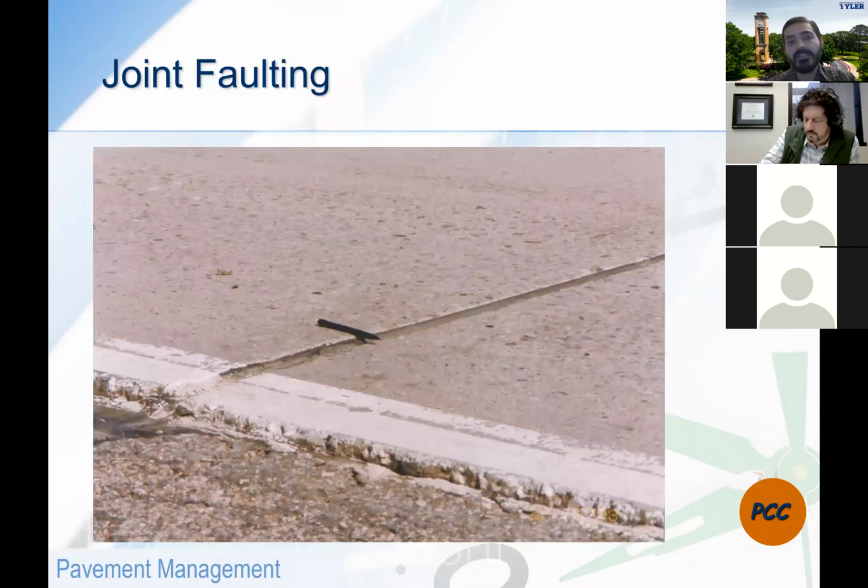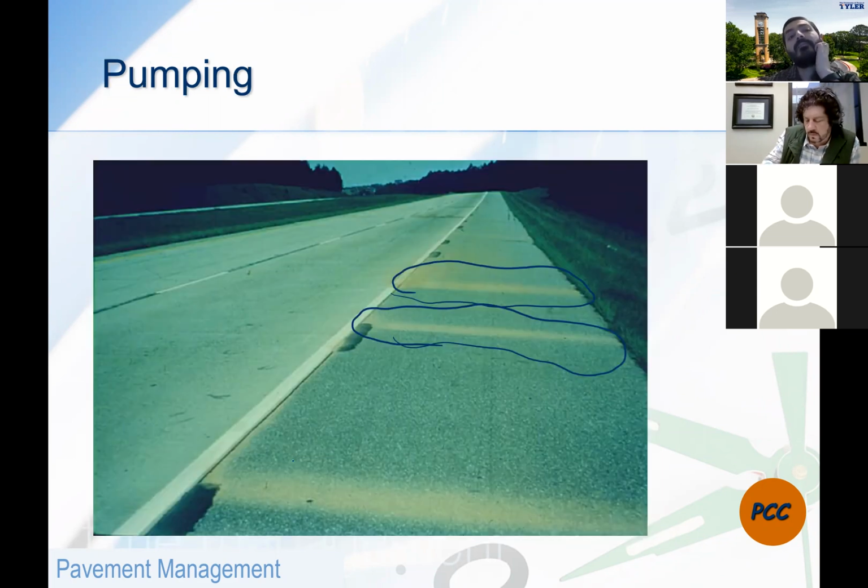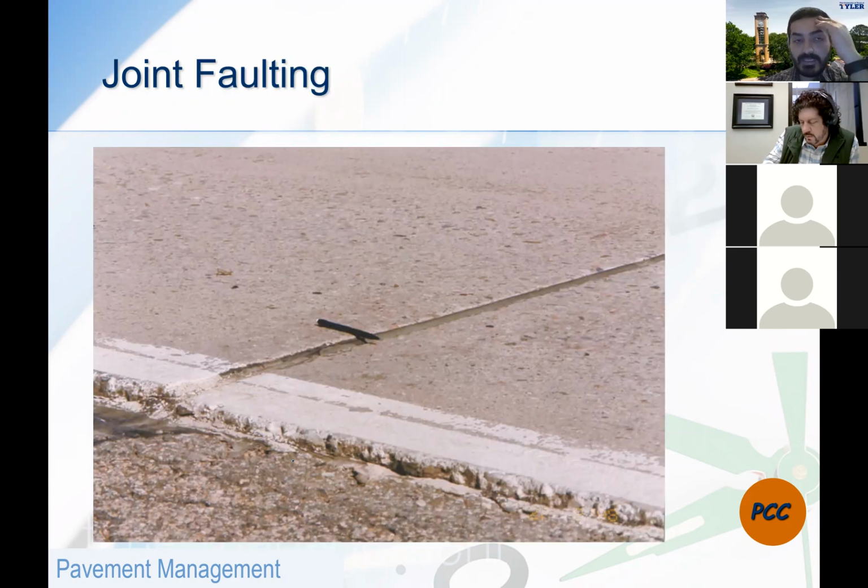Joint faulting. This is also another problem that's related to drainage problem, and it's related to pumping as well. Pumping happens sometimes on the edges or on the shoulder. Joint faulting happens later on, once we start to see more and more fine materials being lost from one slab rather than the other. You're gonna start to see now that the slab that lost a lot of fines underneath it is gonna sink, while the adjacent slab is at its original location, and therefore you're going to start now to see a difference